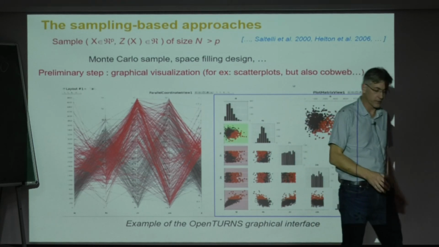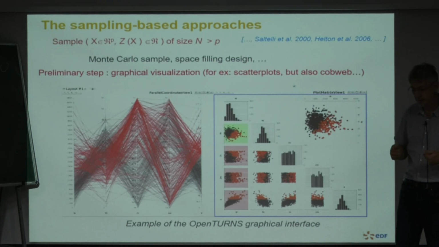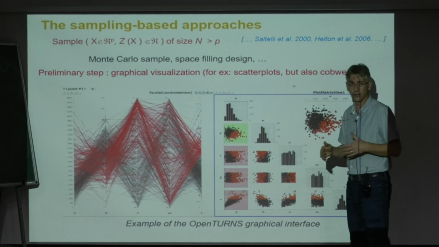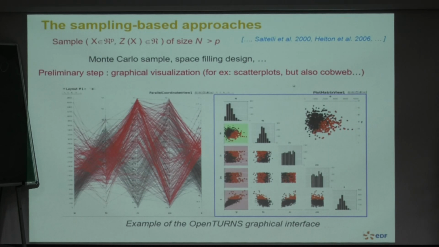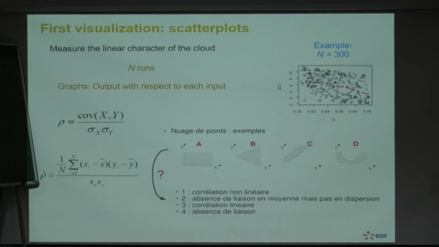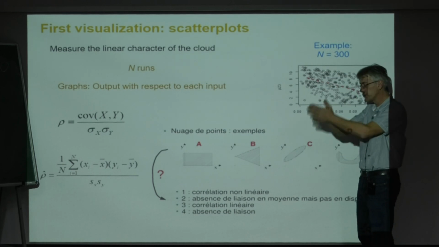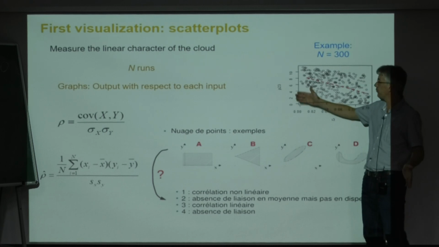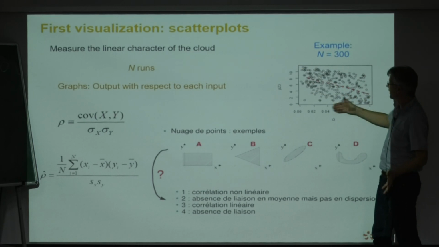So what I want to say is just that when you perform sensitivity analysis with an operational goal, first plot your data, of course. Don't compute some complex statistics before having visualized your data. Maybe you are okay with me with this statement. But you have to know the tools that you use to visualize it. This is the standard, of course, the simplest tool to visualize data, the scatter plot. In this particular case, you have some output and some input. So you just look at the scatter plot between each input and the output.